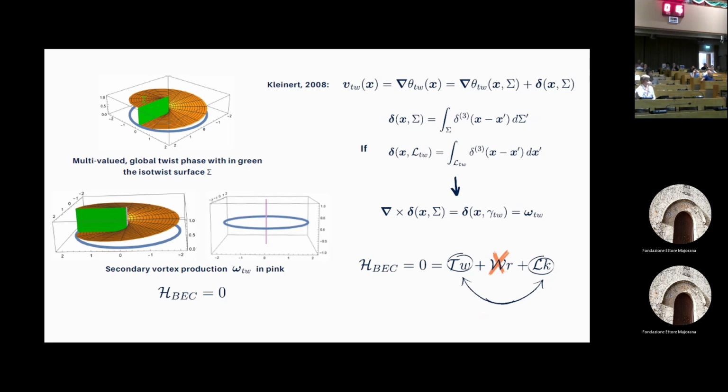Since, as you will see in the next days, in a Bose-Einstein condensate the helicity is identically 0, in this case the injected twist is balanced not by the writhe, but by a change in linking number, if the twist is global. What happens now if instead of a global twist, we inject a localized twist? This is a very new concept we defined in a recent paper.